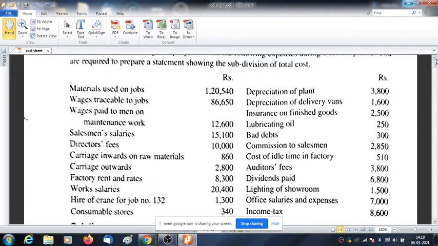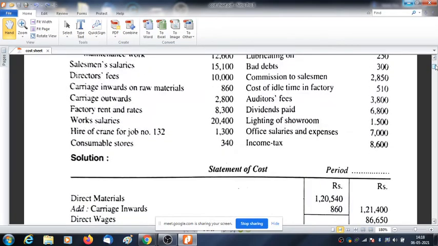You have gone through the notes, I presume. You have understood the concept. Work salary. Under which head would it come? Please mute yourself, all of you, or otherwise I have to mute you. Work salary. Works cost, sir. Works cost. Good.